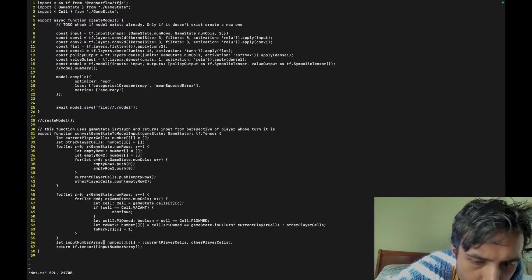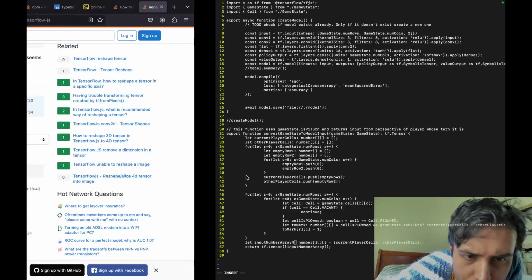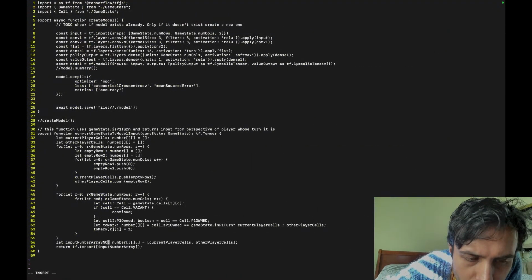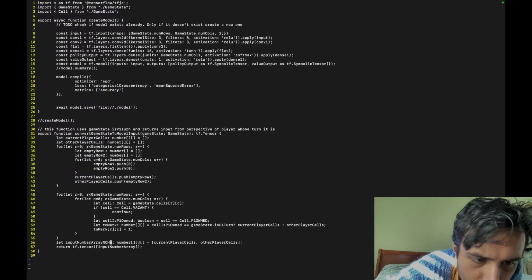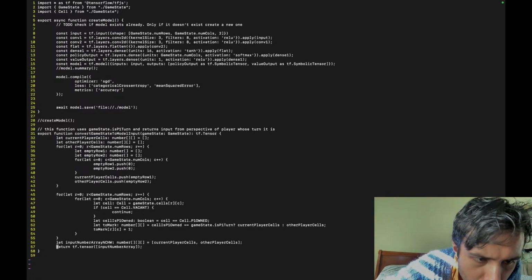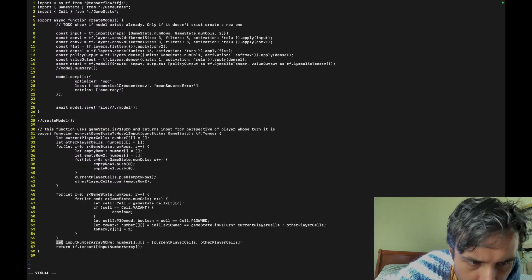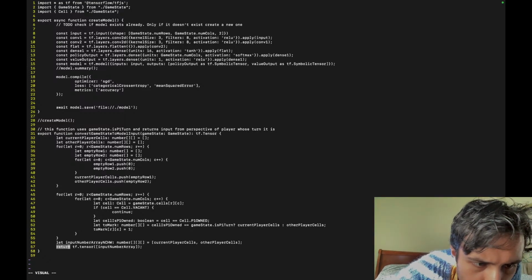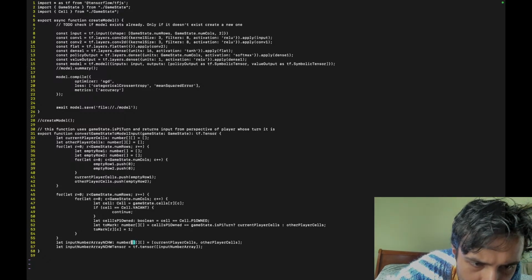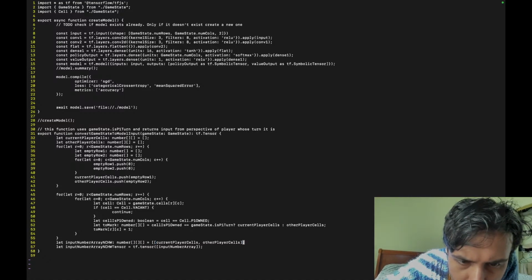Input number array in NCHW, right? And then this one, tensor equals to, let's add that there.